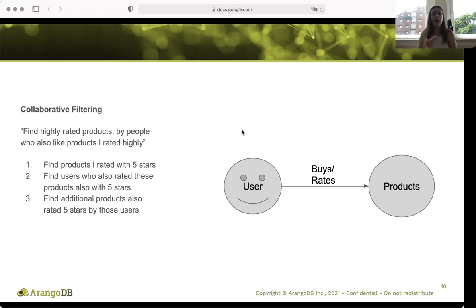Through this analogy, it's pulling up, okay, you all really like this one product. Here are other products that similar users have also highly rated that we think you are going to be interested in. And this is all done through collaborative filtering. So it's letting you see in a graph what you like, what other users like, what they think, what you will enjoy, and what can improve your user experience.